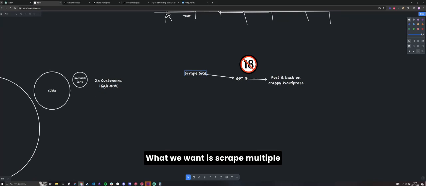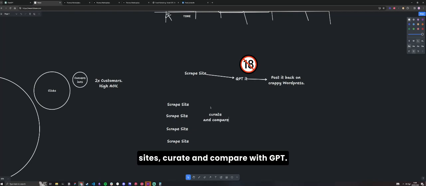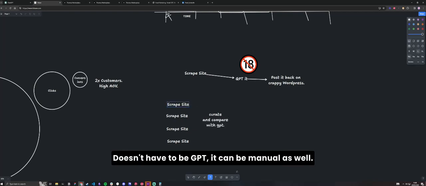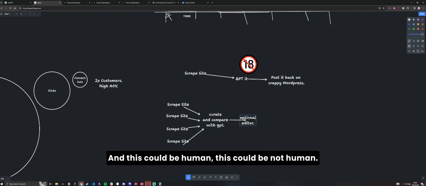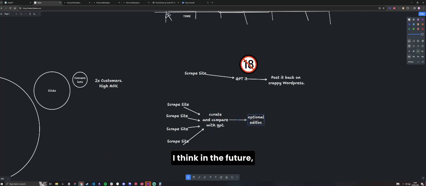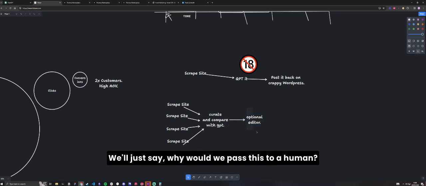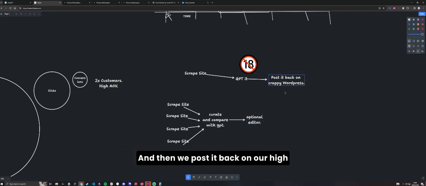What we want is to scrape multiple sites, then curate and compare with GPT. It doesn't have to be GPT, it can be manual as well. Once you have that, maybe you have an optional editor process. And this could be human, this could be not human. I think in the future, it won't be up for debate. We'll just say, why would we pass this to a human? Maybe the human that sits further in this sort of area here, instead of someone that's doing content. And then we post it back